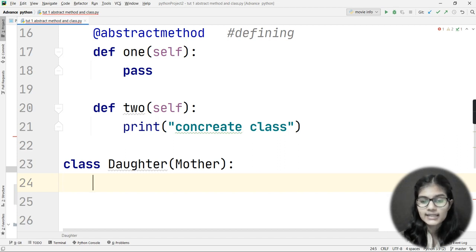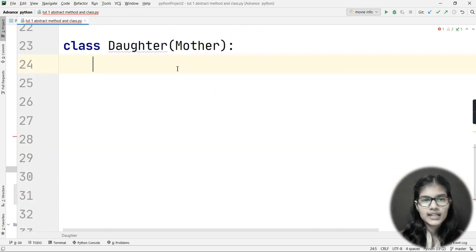So I can access these things with the help of my daughter class object. This is single inheritance, which we had already discussed in the previous videos. Correct? Fine. Here I have inherited my mother class into my daughter class, and I just